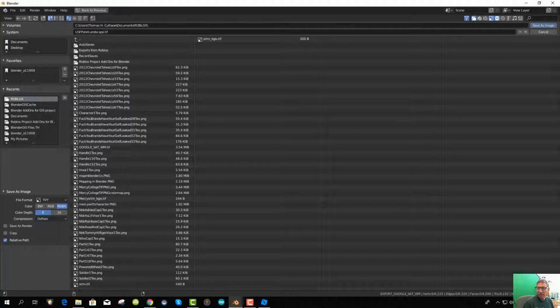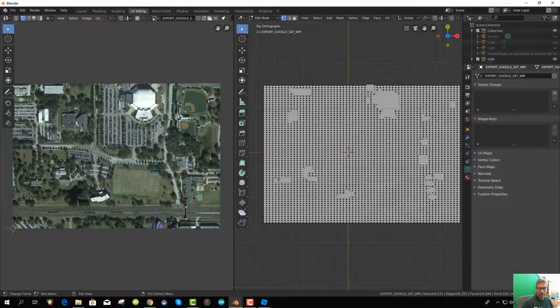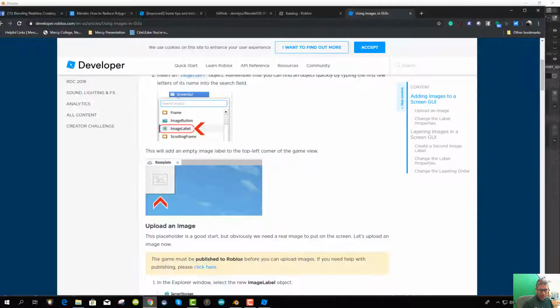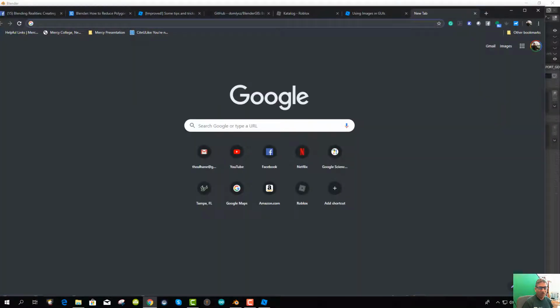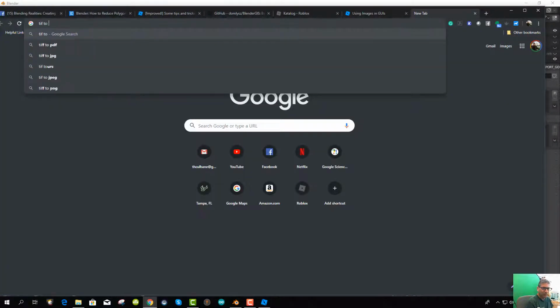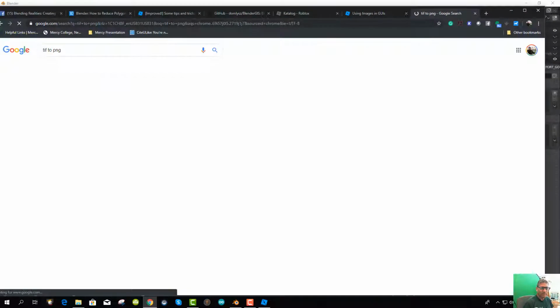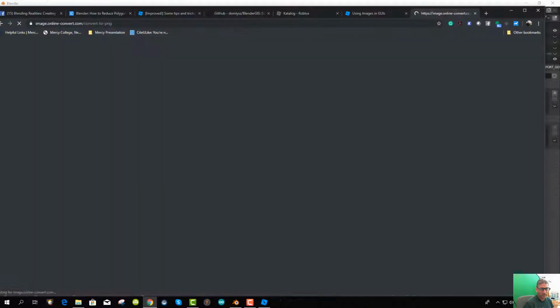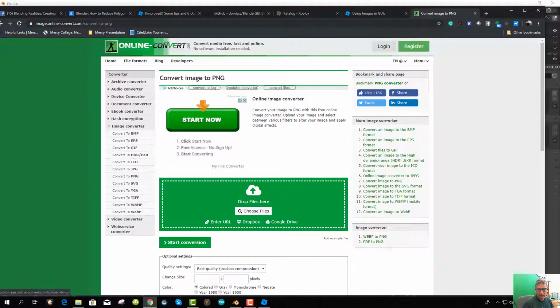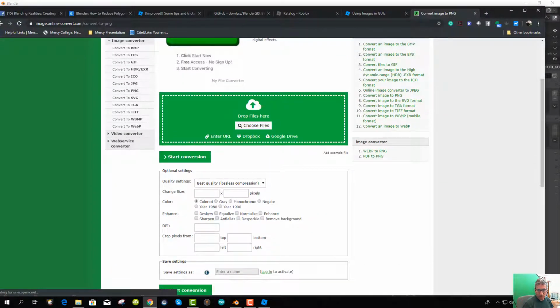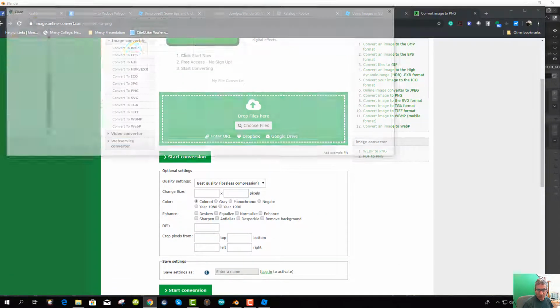And save that image as a TIFF, but Roblox doesn't take TIFFs. So then you've got to have a TIFF to PNG converter somewhere. And there are online TIFF to PNG converters. There's one that I used the other day, and you start the conversion by choosing files from your device, and